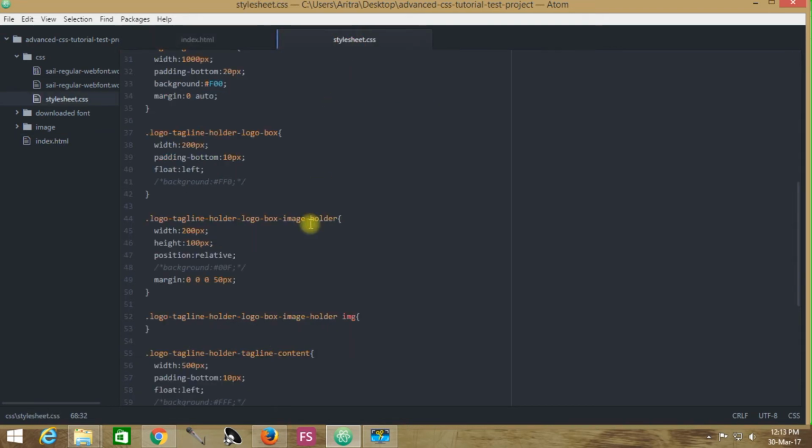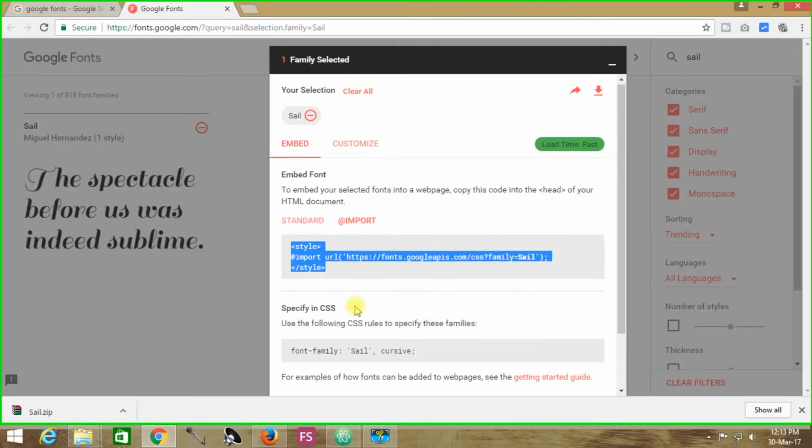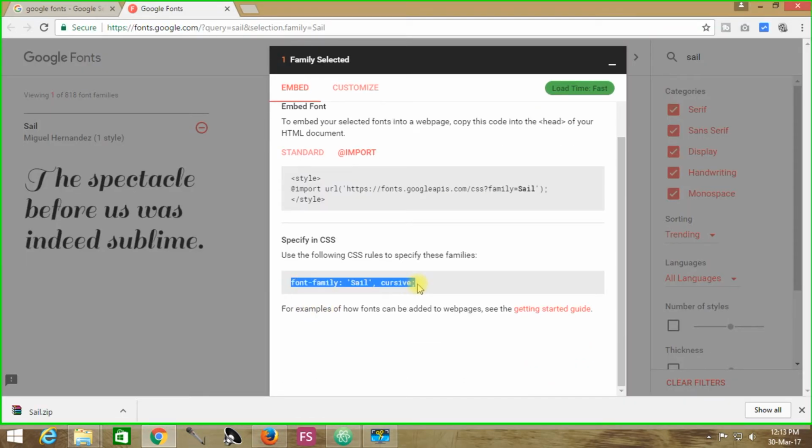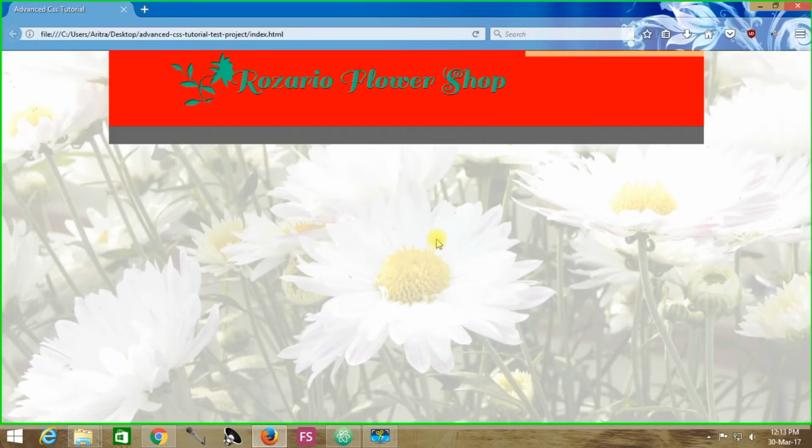Now you have to get back to the stylesheet and replace this font family, and paste this font family here. You see, this is the exact font family. Now if you come back to your project and reload, you will see that the same font family is being used over here. There's no change in it.